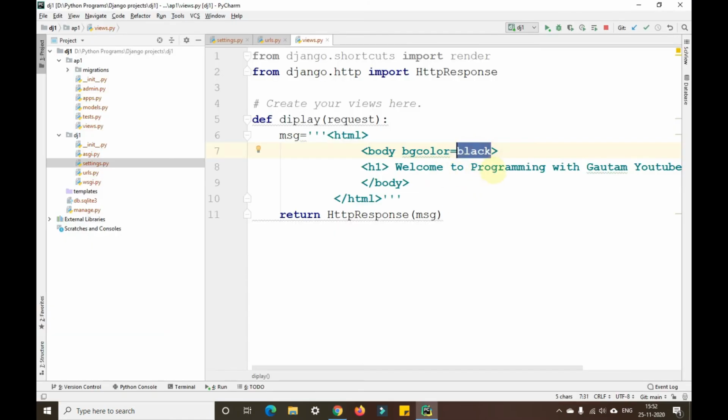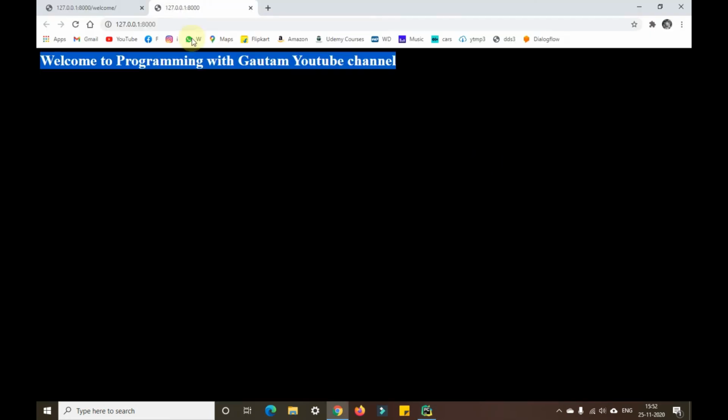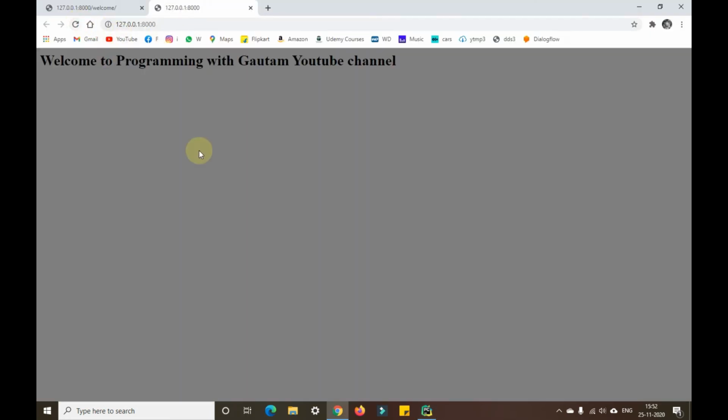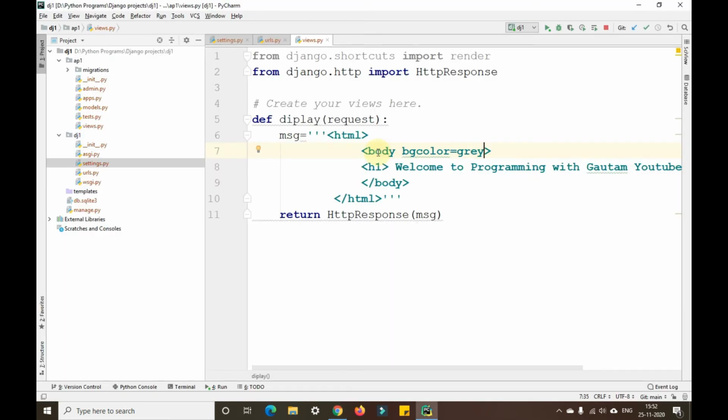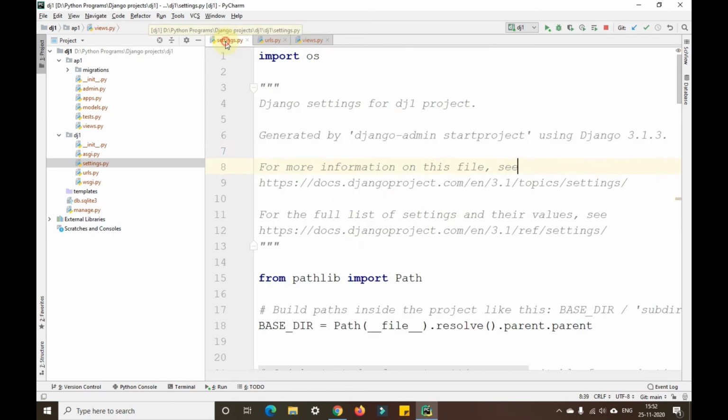And we can change it to gray. Okay guys, so this is what we can do when we use an HTML page. We can also create many different HTML pages, and we'll be seeing about those in further videos as well. Okay guys, so hope you have understood how to use HTML code with a Django project.